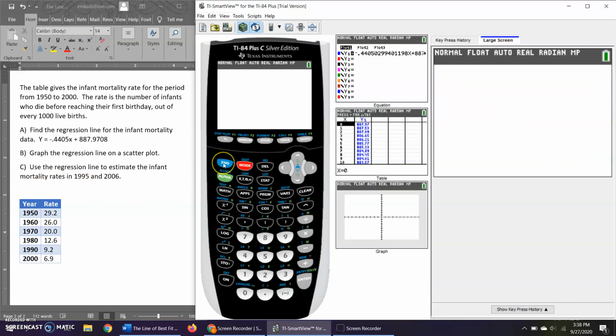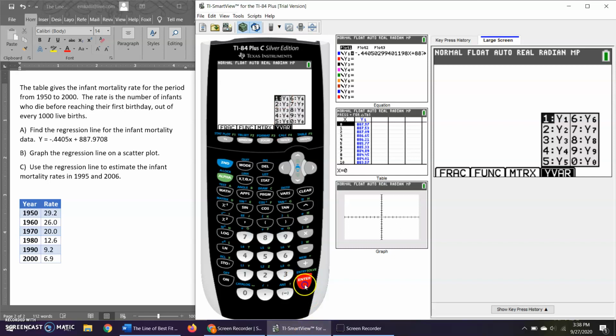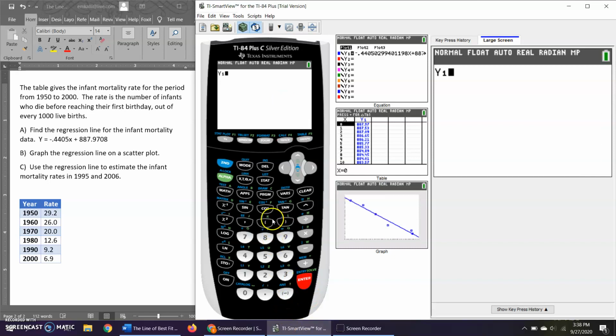For part C, I'm going to evaluate. Now, my function is in Y1 and I put it there. So I'm going to evaluate Y1 for this number. So I'm just going to hit alpha and F4, and I'm going to bring up Y1. Now to evaluate for a data point, I have to put parentheses and then 1995 parentheses. This means I'm going to take the number 1995 and put it into the function for X, because remember, X was year. Okay, and I just hit enter. So the mortality rate for 1995 was probably close to